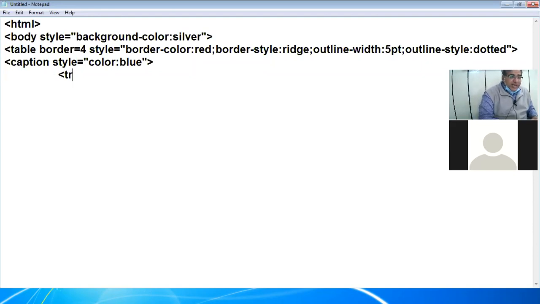So I am giving TR, and I am taking the style property here. Text align. I want center. Beta, first of all, today you correct one mistake which you have committed in the project. Check the spelling of center first. Many of you still write CENTRE. Okay. So now my entire row will be in the center.